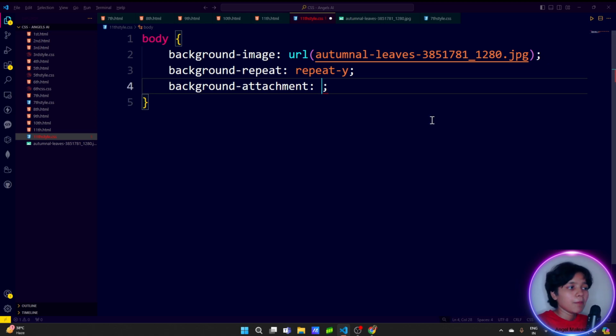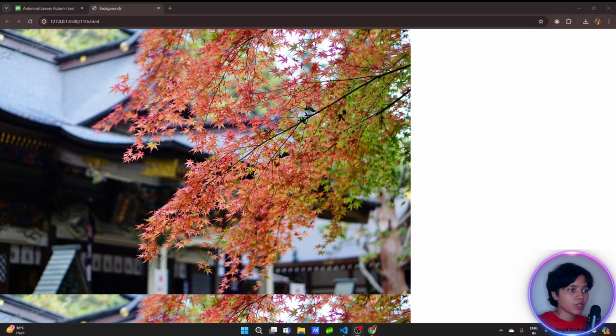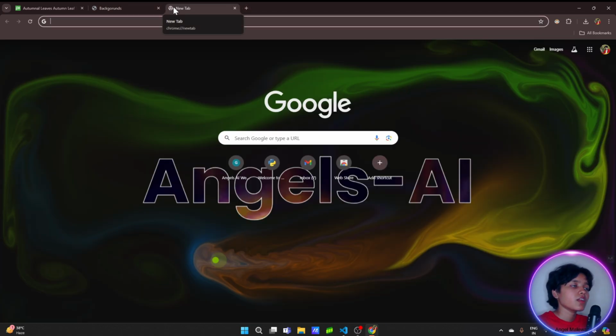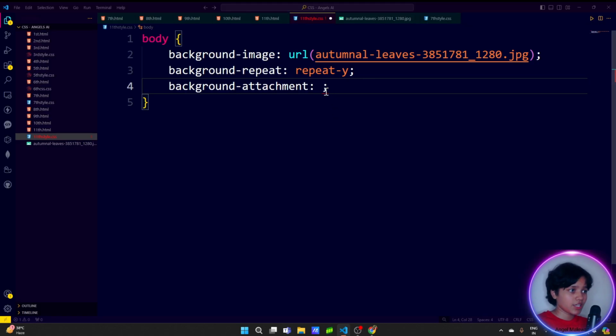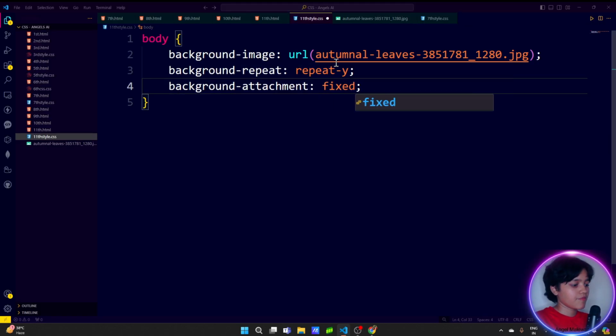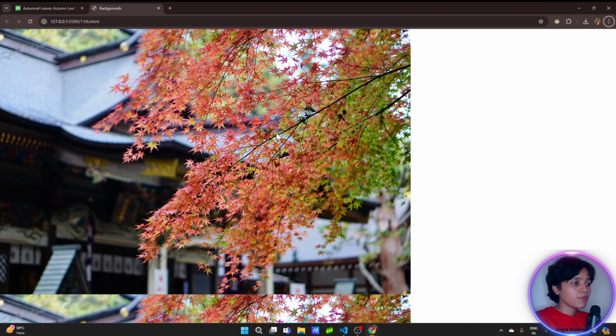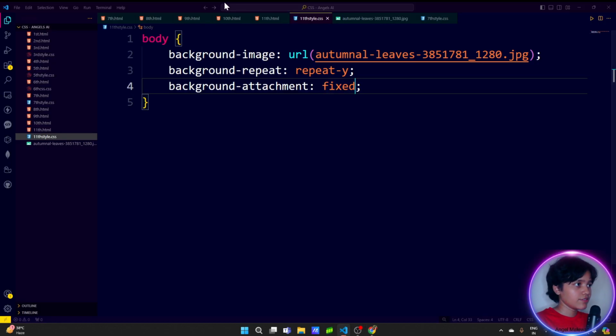What does it mean? Background attachment is for when you scroll any website but the background remains the same. That is what you can see as background attachment being fixed. When this is fixed, no matter how much data you have above, let's say I have, okay,